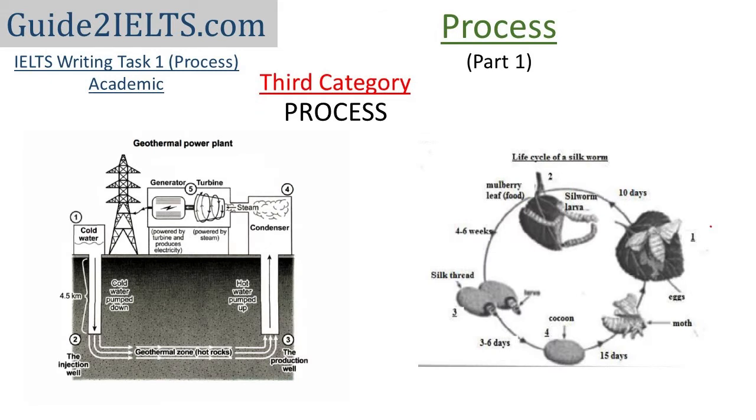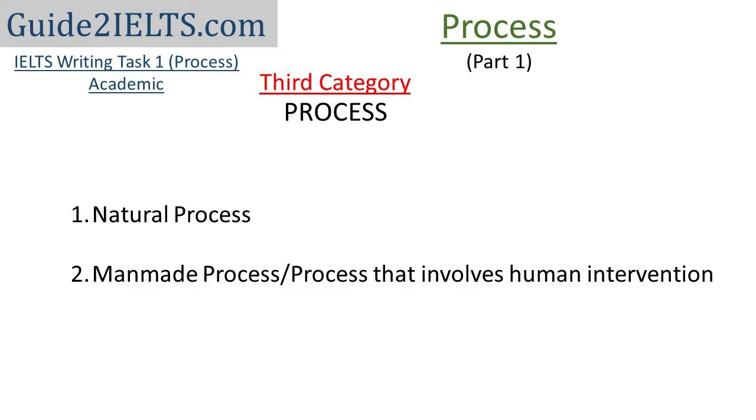is a process. It is usually assumed that writing a report about a process is easier because there is no data to interpret. You just need to describe the different steps of the given process. However, you do need to work on the vocabulary because just using "then" and "after that" repeatedly to describe the steps is not acceptable. Also, you may get a process that you're not familiar with, so do practice a few of these. You can get a natural process or a man-made process.